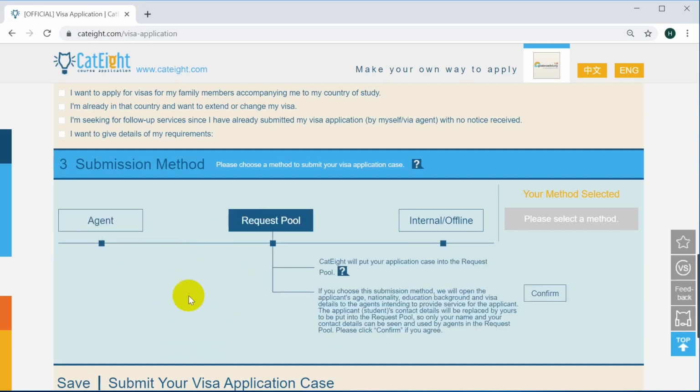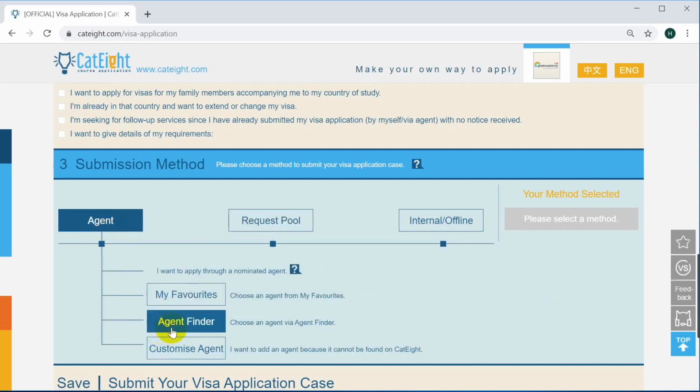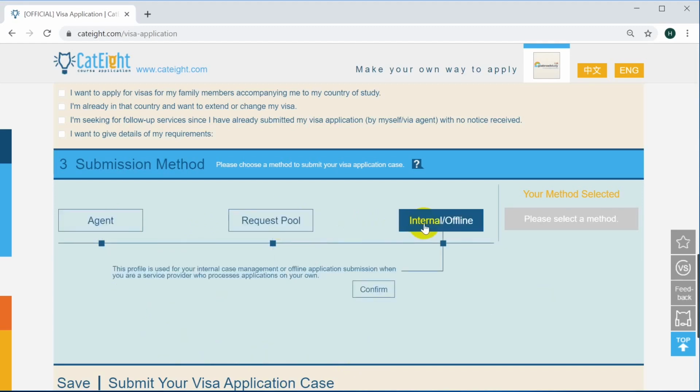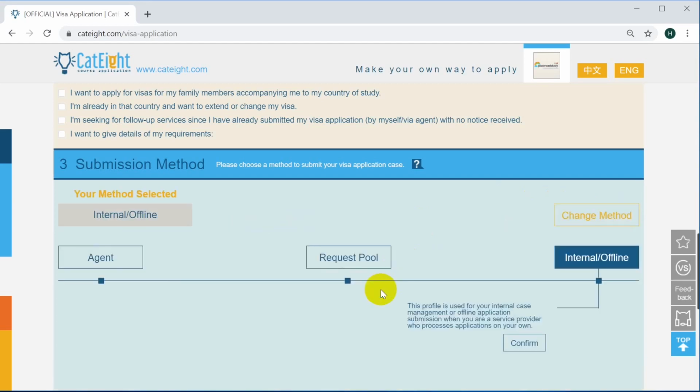Then the system will automatically jump into the Agent Finder page, and you can choose the one you like. Or you can customize an agent which cannot be found on CatEight. So in this case, I'll just choose internal offline, click confirm,